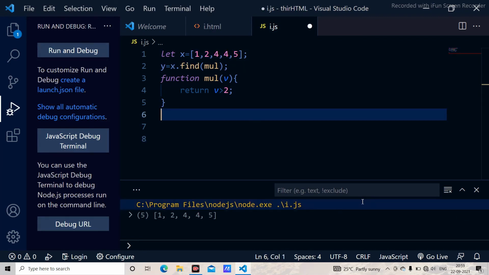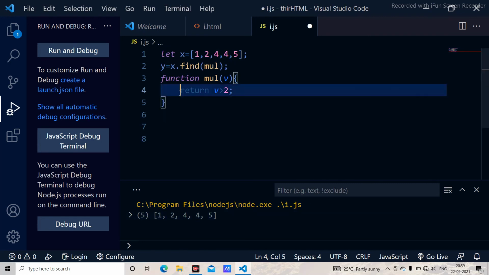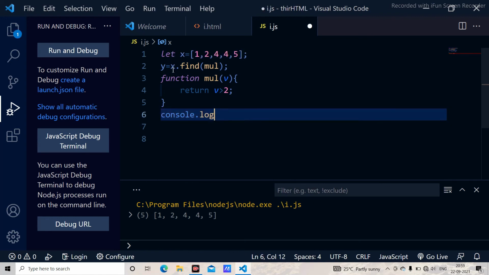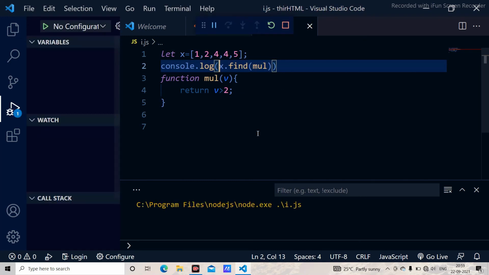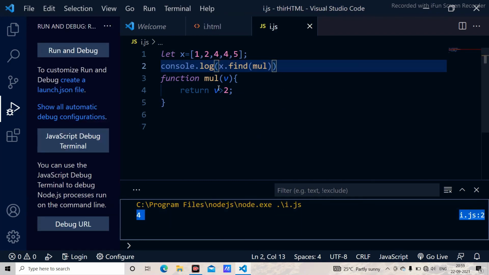Well, it is going to return me the first element which is going to pass this test. Well, it checks for 1. Is 1 greater than 2? No, it is false. It is not going to be executed. Is 2 greater than 2? No, it is false. Coming to the 4. 4 is greater than 2. Yes, it is true. Therefore, it is going to return us that element. Here I have to use that. And I just use F5. As you can have a look at here, it is going to give us a 4 because 4 is greater than 2 and it is the first element to pass that test. And this is how we go with the find method.